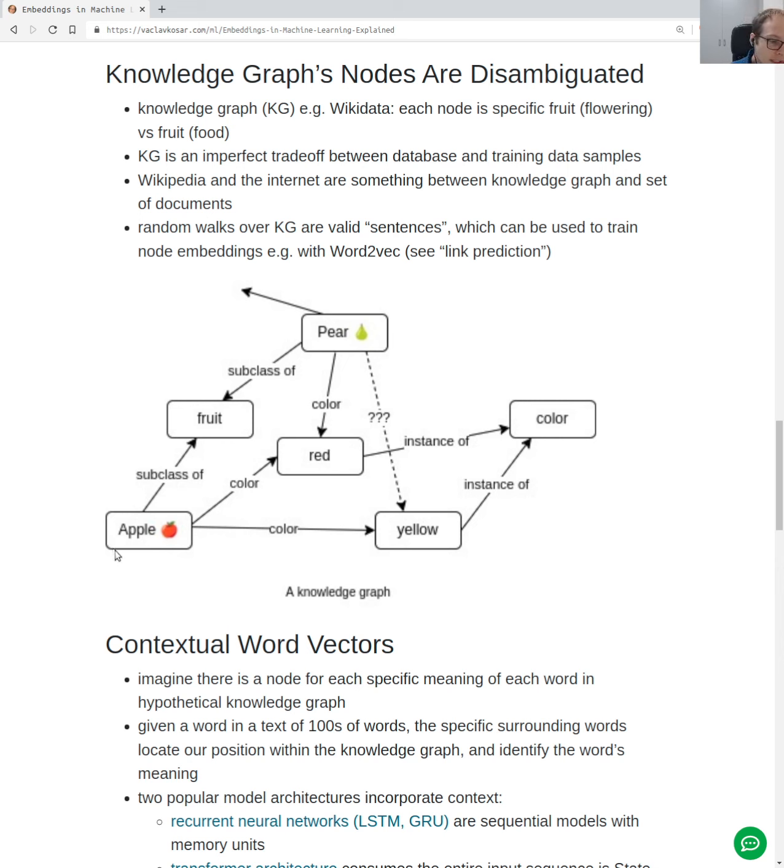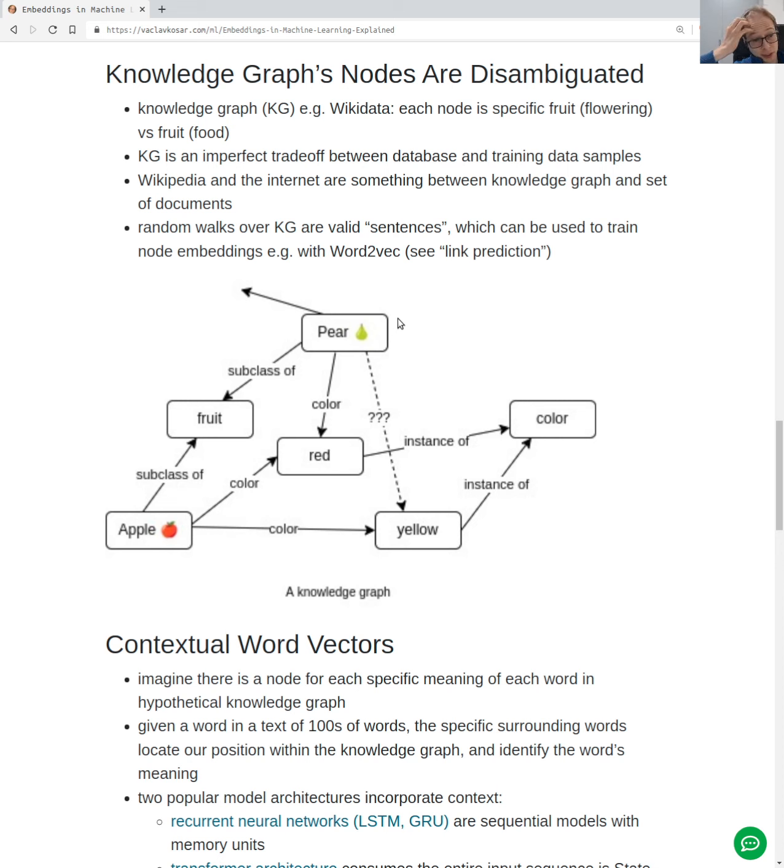And if you think about it, if you actually random walk across this knowledge graph, you're actually forming sentences, right? You are basically saying apple is a subclass of a fruit, and fruit also contains a pear. So you are creating valid sentences by walking across this knowledge graph. And if you took these sentences, you could create node embeddings using Word2Vec for each of the nodes, right? And suddenly you would start forming